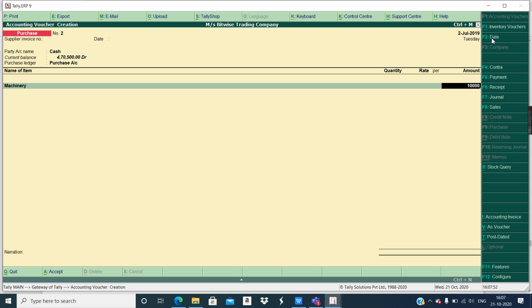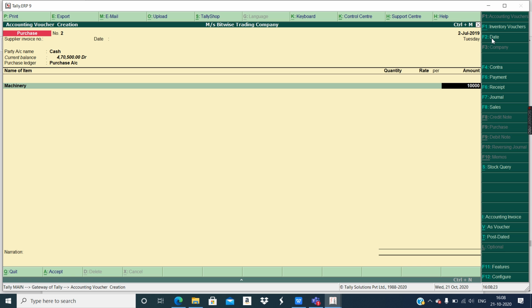Here I have mentioned transaction between cash and purchase account. You can also mention between cash and the machinery account. But here in the name of the item, what are you going to mention? If you are following just like I followed cash with purchase account, in name of the item I mentioned machinery.